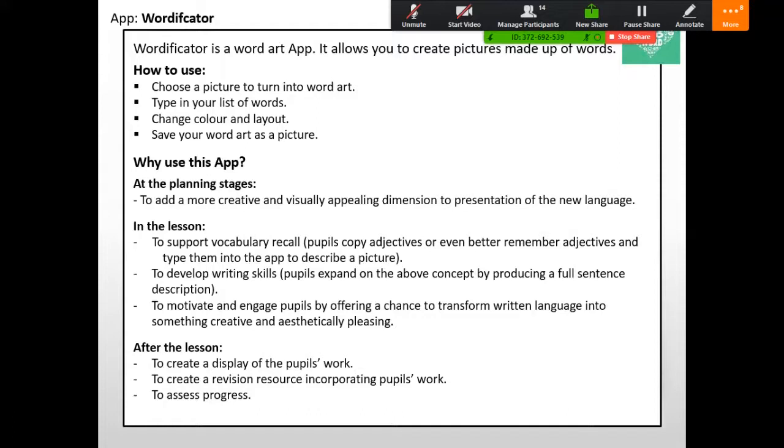But basically, it's to create a visually appealing dimension to the presentation, if you were using it yourself in the planning stages. But for these pupils, I wanted them to develop their dictionary skills and their writing skills. Some pupils just worked at word level and picked adjectives that were relevant to their animal, and other pupils were able to develop it into creating a full sentence. On the next slide, you will see,